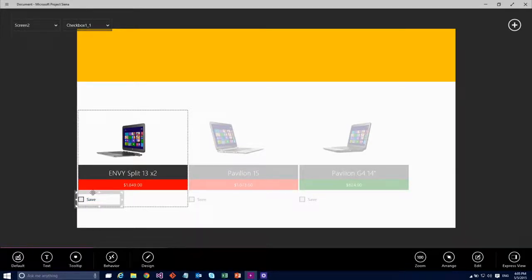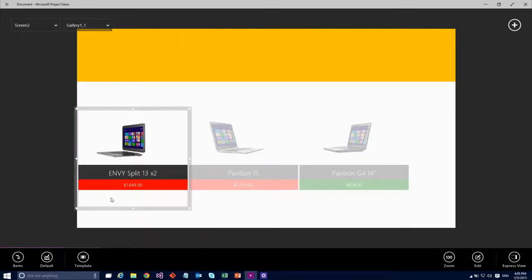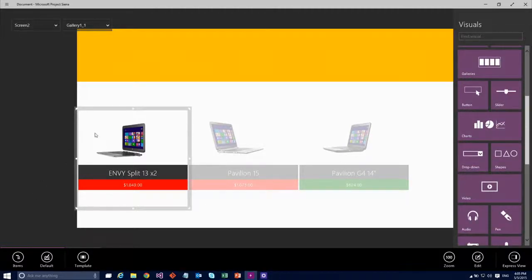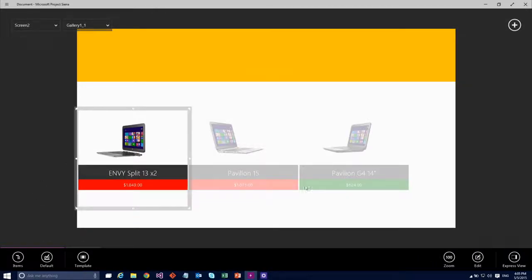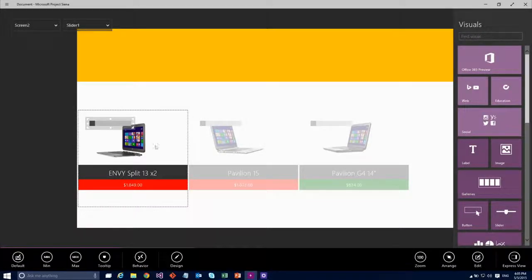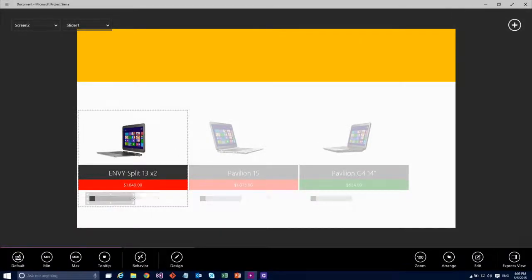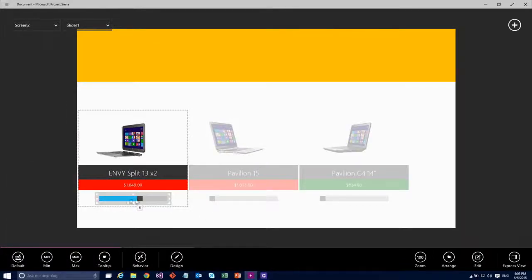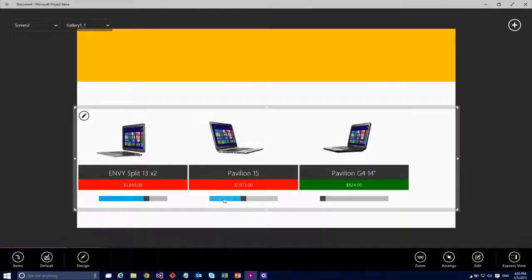I don't need that checkbox anymore. But what I do want is to say how many of each device do I want to buy. You can imagine this is the admin. They've received a bunch of the different requests, and they're like, well, I need to buy this, how much? And they're going to see how much that would actually cost all up. So I'm going to come in here, and I'm going to add a slider. And this will be my quantity slider. And I'm going to change the max from 100 because I think that is a few too many devices of each type to pick. And we can go in now. We see that that kind of click stops there.